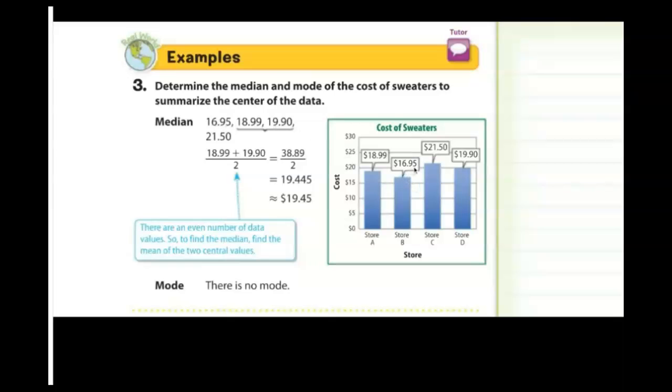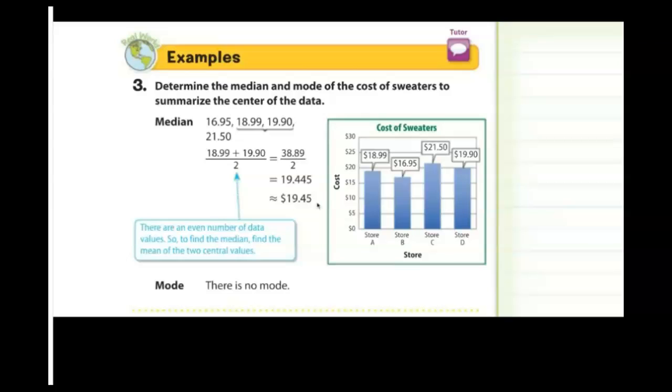So you have 1695 is the smallest. That goes first. Then you have 1899, 1990, 2150. That's the order from least to greatest. But halfway in the middle, there's nothing there. But the 2 numbers that are in the middle, we're going to add them together, divide by 2, and so